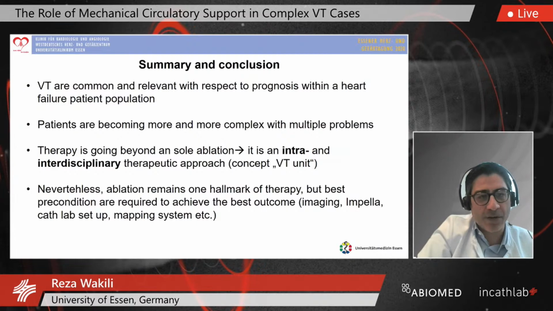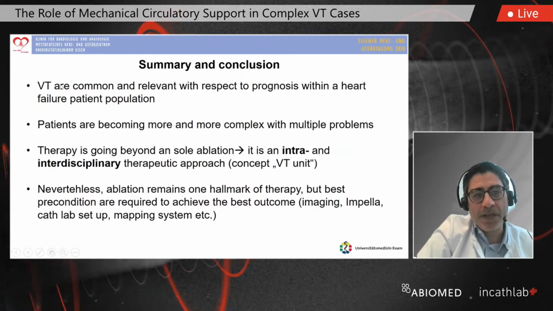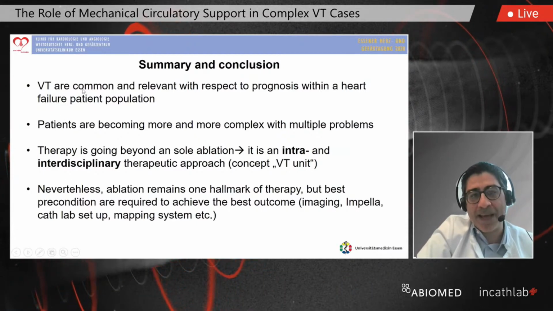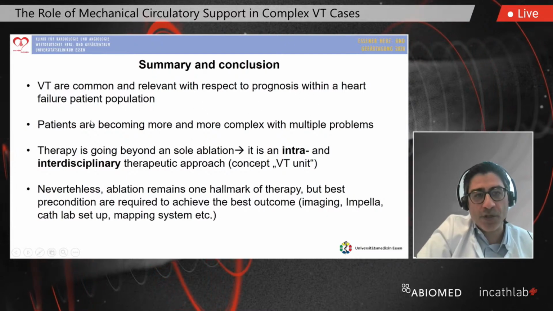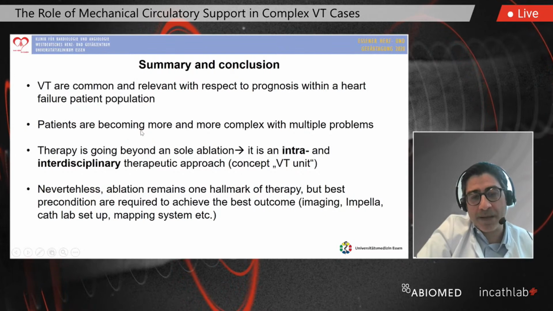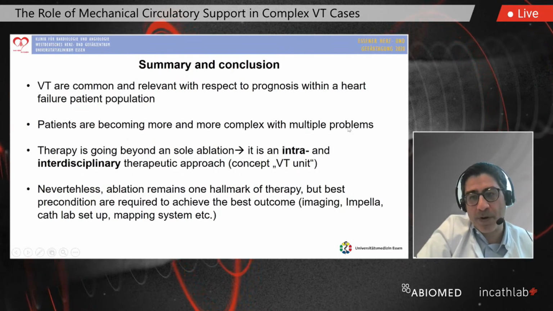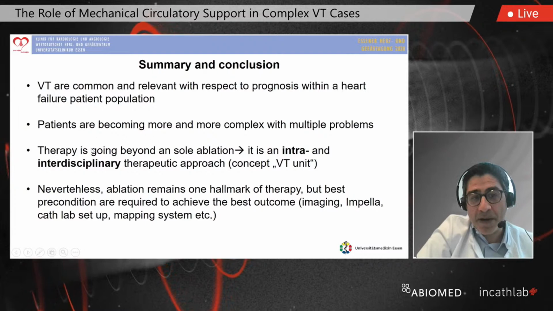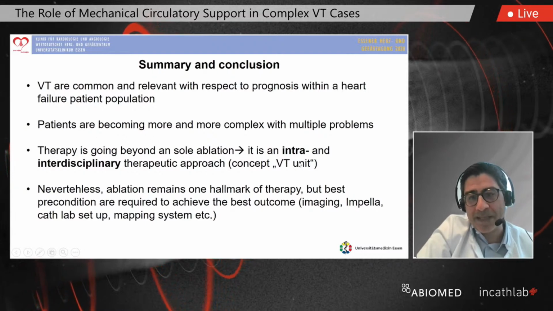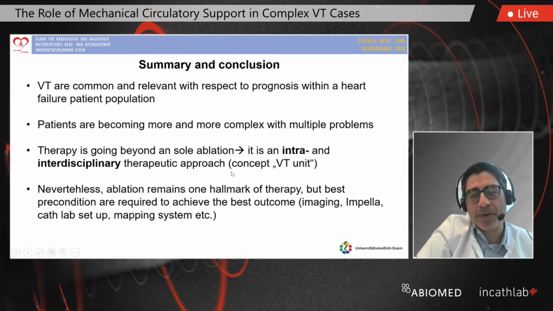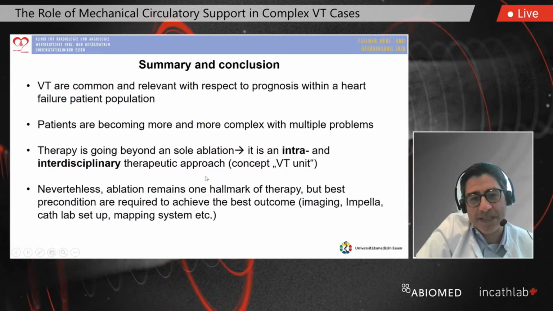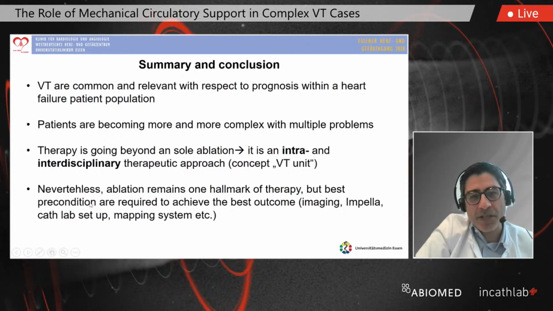So I want to summarize and conclude. I think VTs are getting more and more common, and they are very relevant with respect to prognosis within the heart failure patient population. Patients are becoming more and more complex with multiple problems and multiple devices, and therapy is going beyond sole ablation. It is an intra- and interdisciplinary therapeutic approach with the concept of a VT unit. Nevertheless, ablation still